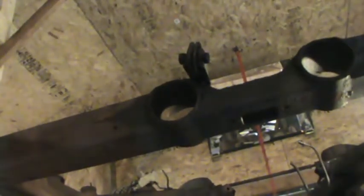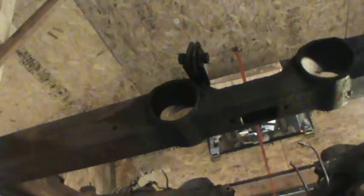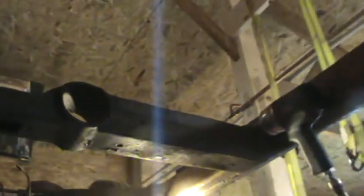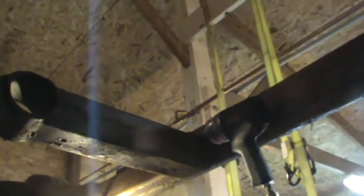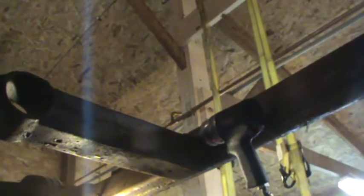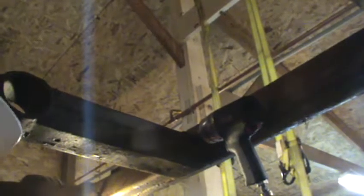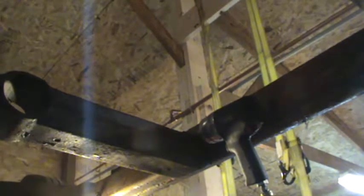The next thing we're going to take out is the transmission crossmember. The way you can tell the back end of it is that's where the emergency brake cable pulley is located, so that goes towards the rear. Looking at the way it's attached, we've got a